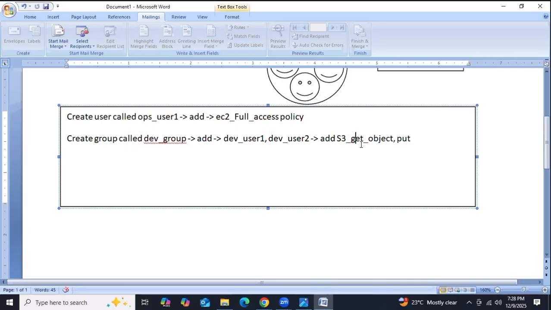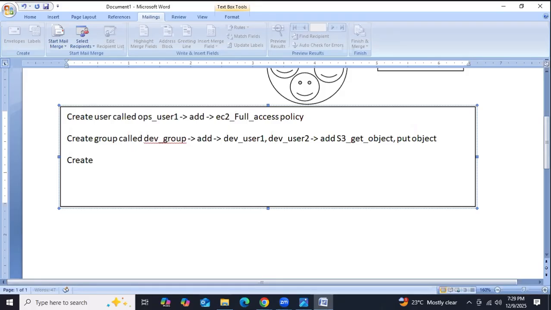Second one, custom policy. Get object, put object. Got it, guys? So get object and put object. So custom managed policy we need to assign, right? Clear, guys?